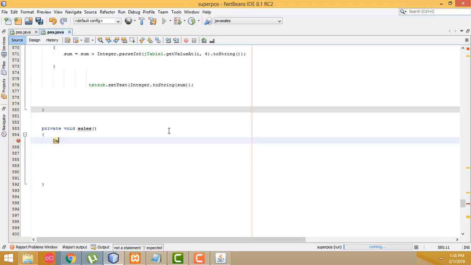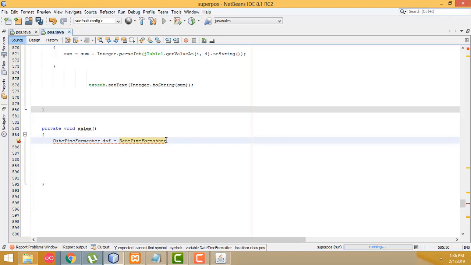We have a predefined class in Java, DateTimeFormatter. We have to create an object, something like dtf, whatever name I create. Here DateTimeFormatter